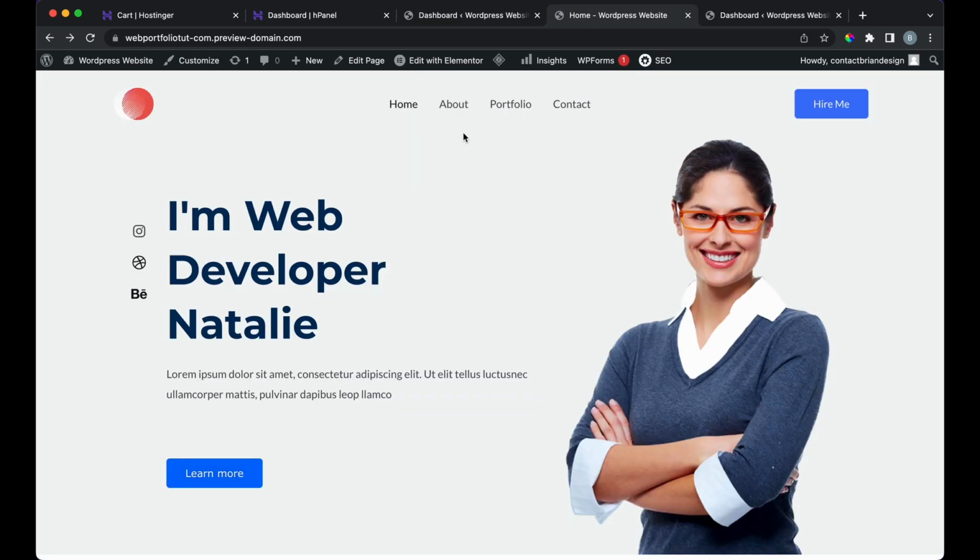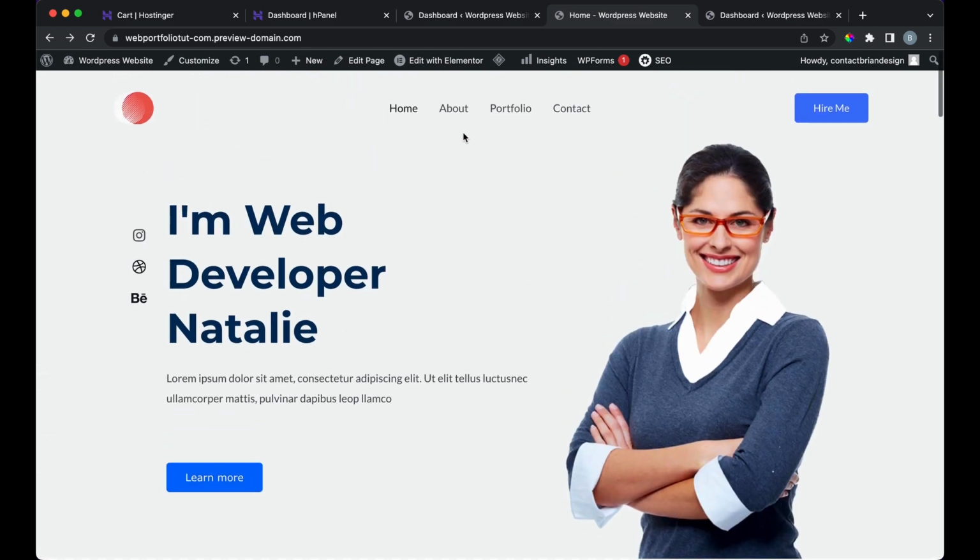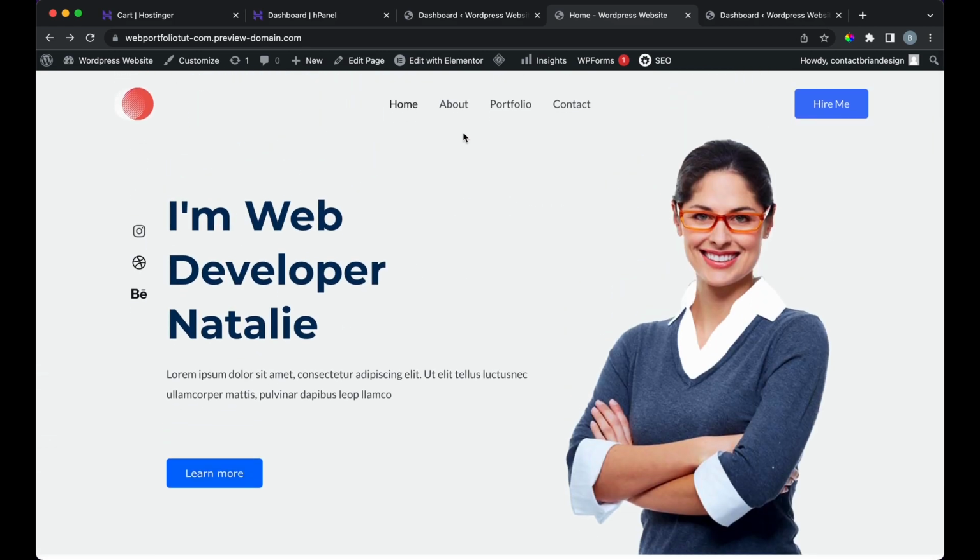But this completes the tutorial on how to create your very own portfolio website using Hostinger and WordPress. So definitely go ahead and customize that, change up the colors, fonts, text, everything, and then go ahead and make your very own